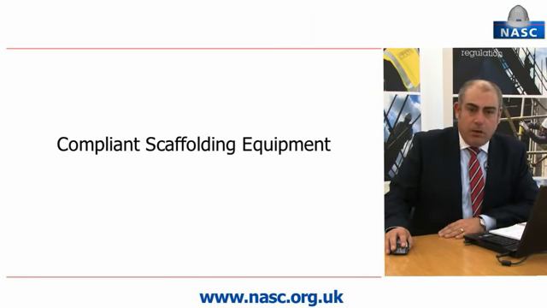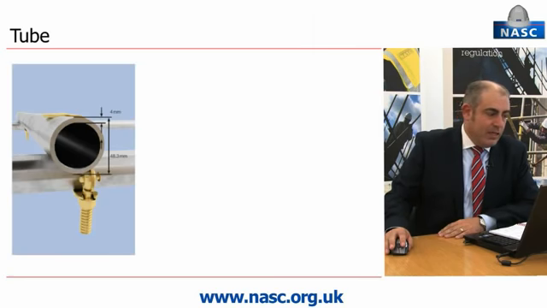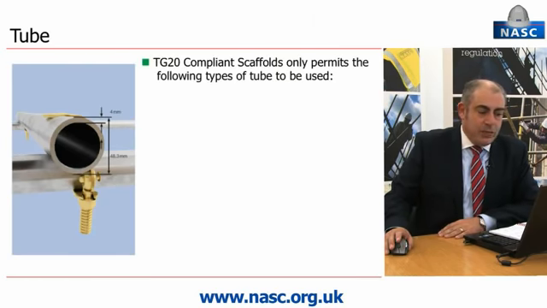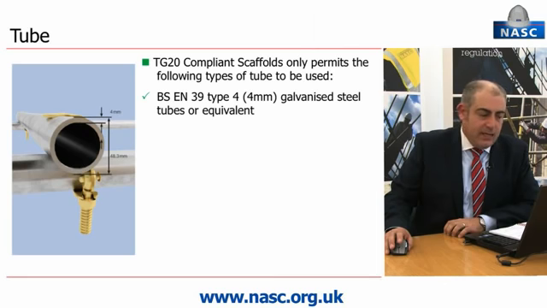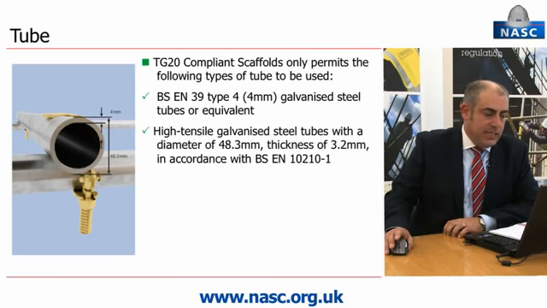TG20 requires the use of compliant scaffolding equipment and specifies the standards that scaffolding equipment must be manufactured to. Scaffolding tube. TG20 compliant scaffolds only permit the use of the following type of scaffold tube: BS EN 39 Type 4 galvanised steel tube or equivalent. High tensile galvanised steel tube with an outside diameter of 48.3 mm and a nominal wall thickness of 3.2 mm in accordance with BS EN